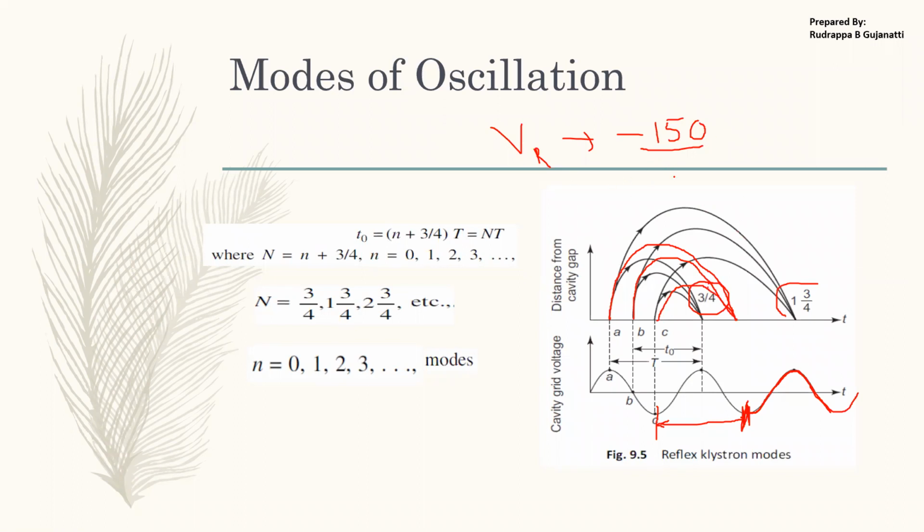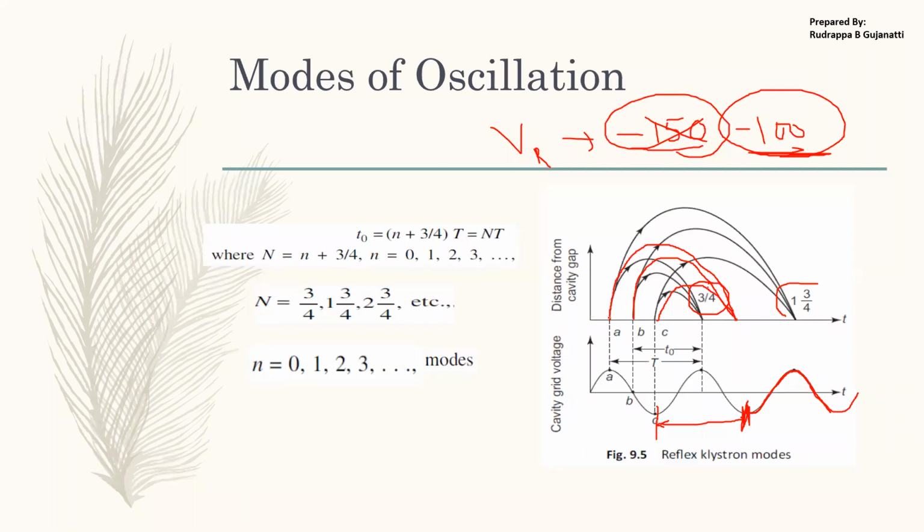So now what I'll do is I'll make this voltage highly positive now. Say I'll make it minus 100. So minus 150 is highly negative, minus 100 is highly positive compared to minus 150. So now, since it is more positive compared to the previous voltage, these electrons are not repelled with the same force as that with minus 150. They are repelled with a lesser force when minus 100 is applied.